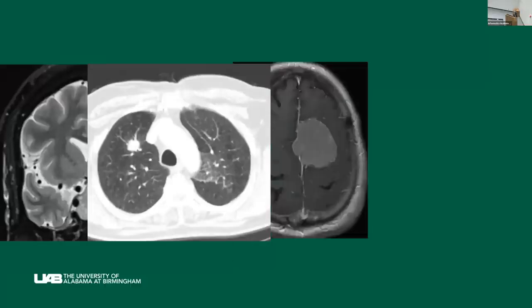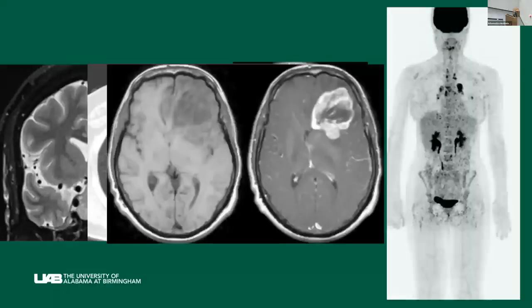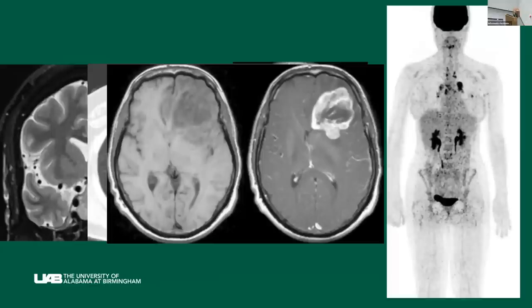And by using those models, we can predict the gene mutation and histopathology. For example, in pituitary adenoma, we can predict the gene mutation and histopathology, and in lung cancer we can do the same thing. We can predict tumor response for meningioma and the gene mutation in glioblastoma. And in the PET scan, we can do the same thing for lymphoma, predicting survival rates and treatment response